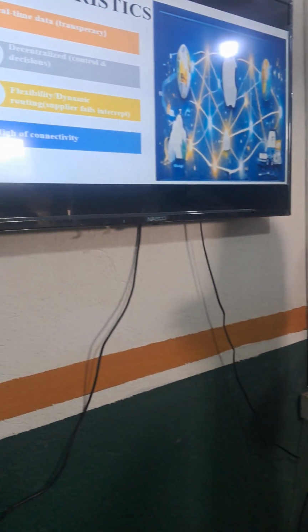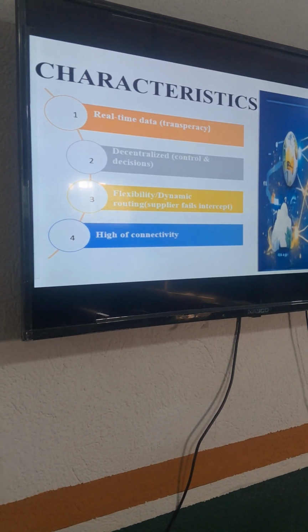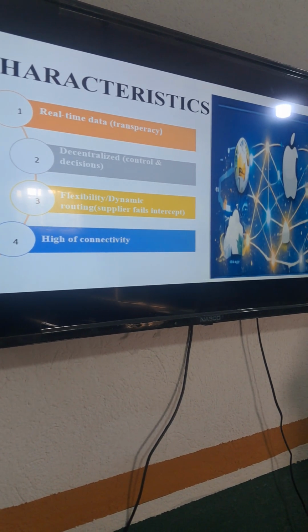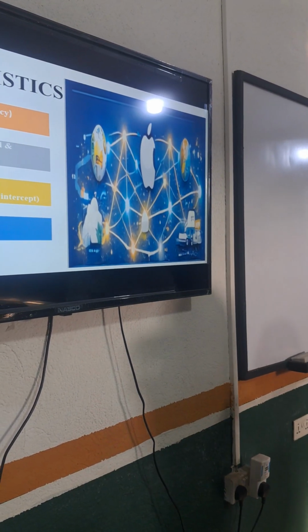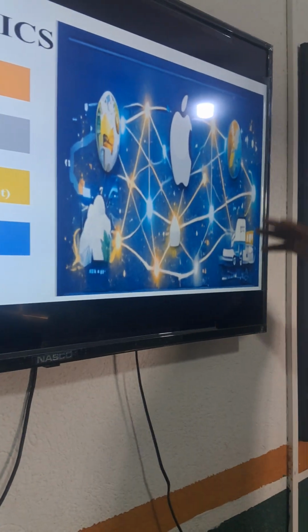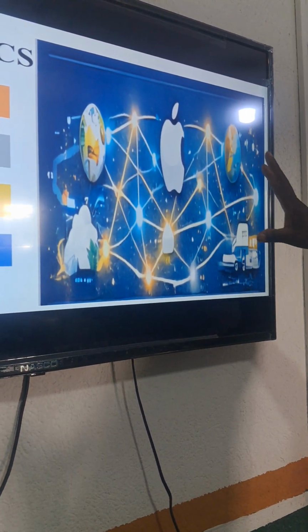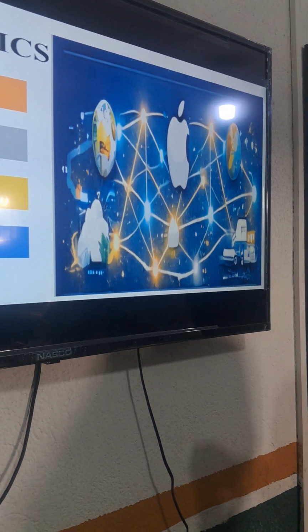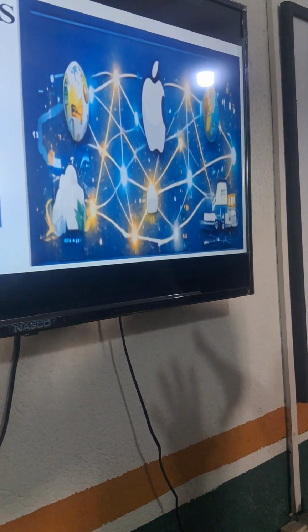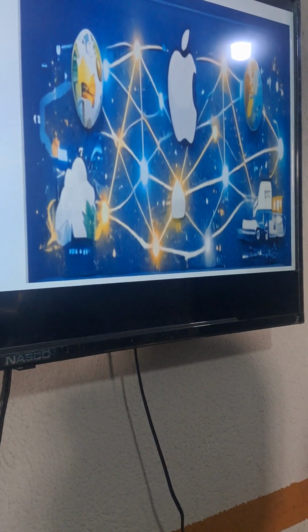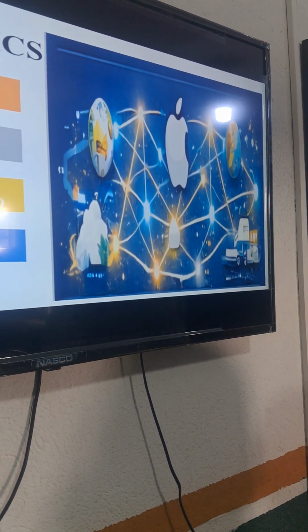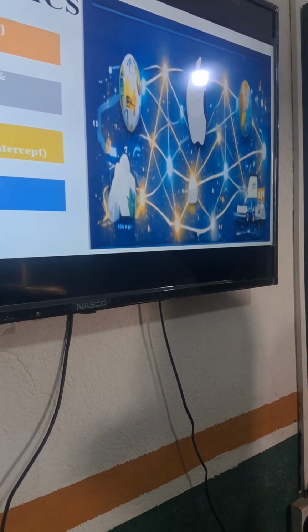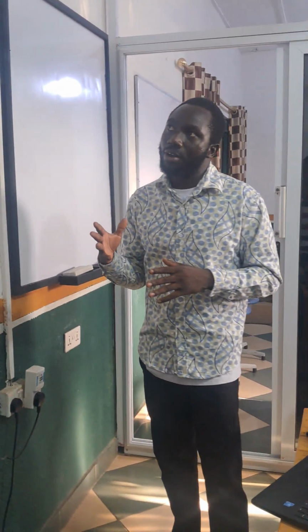And we have high connectivity. As you can see from the slide, the picture demonstrates everything clearly over here. So this is an example of an Apple web mesh supply chain. So you can see the logo of Apple. We have all the connections that we have. So this is what I was talking about, the web-like structure. It is connecting so many distributors, suppliers, and so many customers around the globe. So we can see the world here and the interconnections of the paths and linking them to the nodes. So basically, these are some of the characteristics of a mesh supply chain.